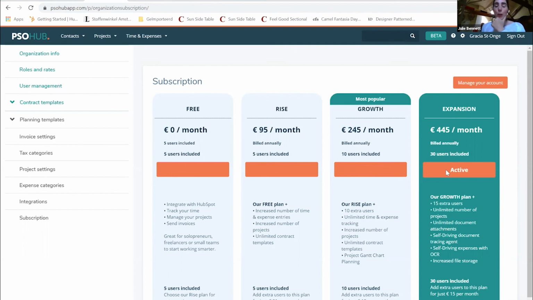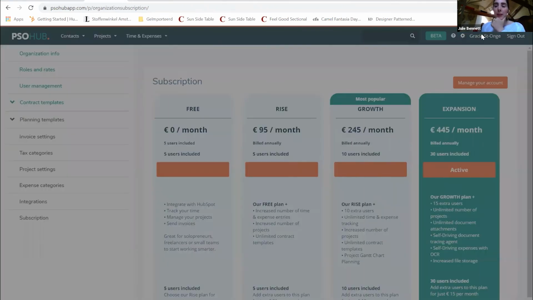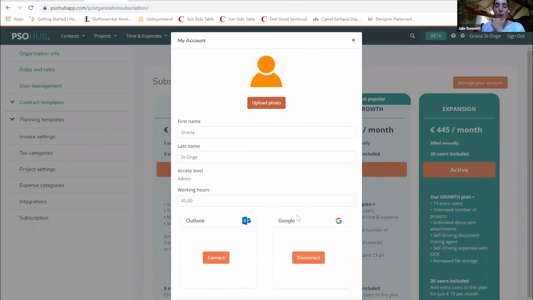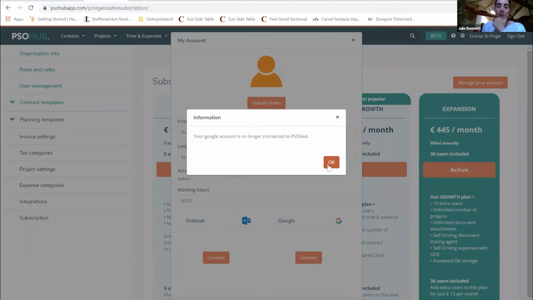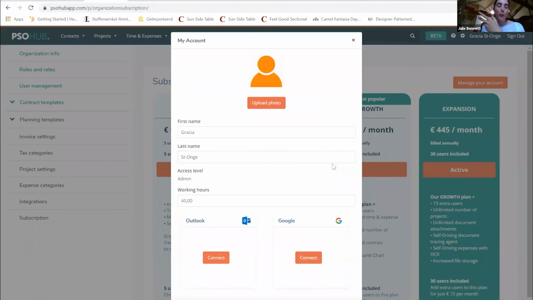The last thing I want to talk about is the integration with your calendar, whether it's Outlook or Google. To do that, I go right under my name. I click my name, and I've got here Outlook or Google. So if I disconnect now from Google, proceed. Okay, and now if I want to connect once again,